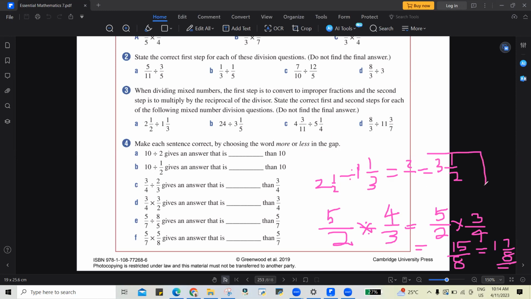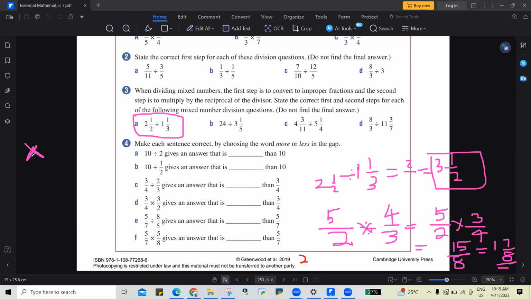But your answer is not correct. Which? This one. Why? What is the mistake? Because how I did it is, I was doing it like 2 and